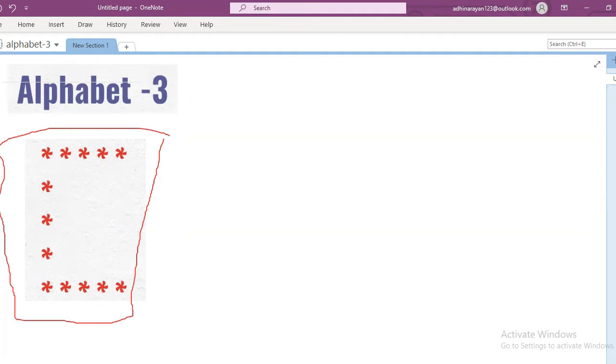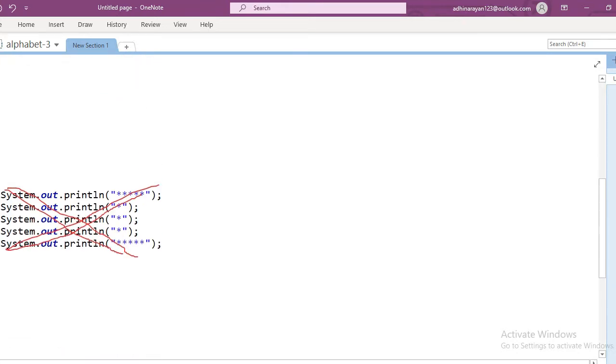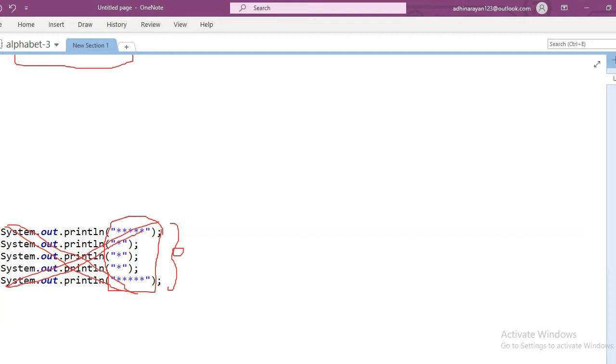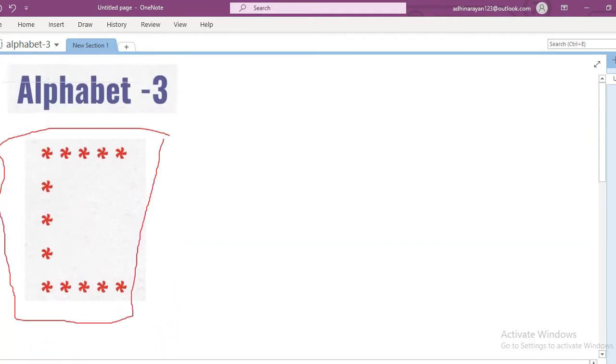We cannot write it like this, because if you run it, every time the program will print this same pattern. So my intention is not to print this pattern like this. I am going to explain deeply how to print this pattern logically.